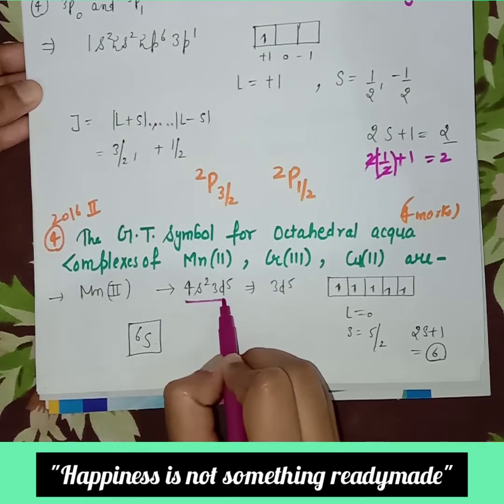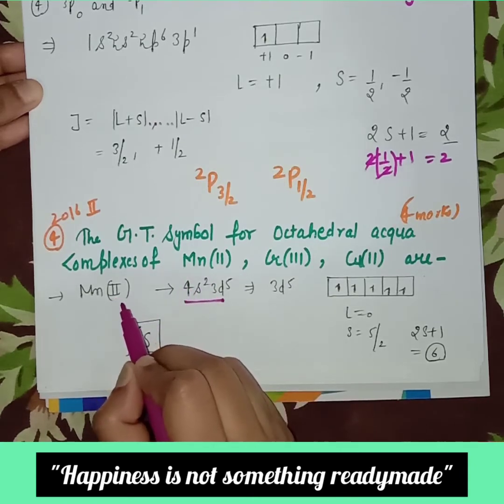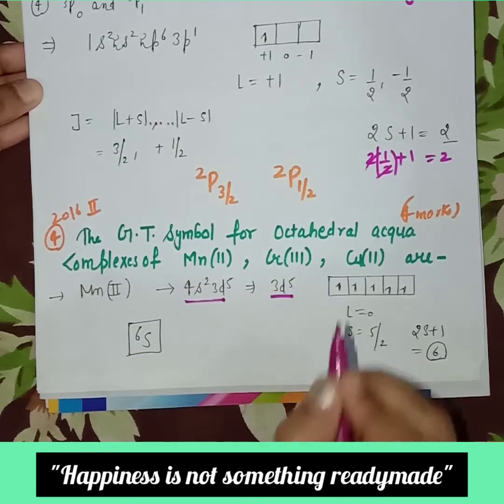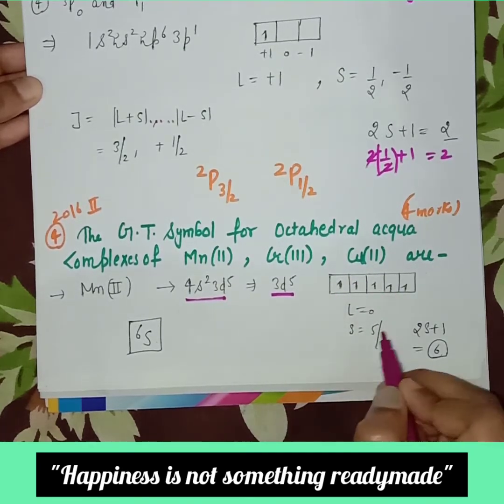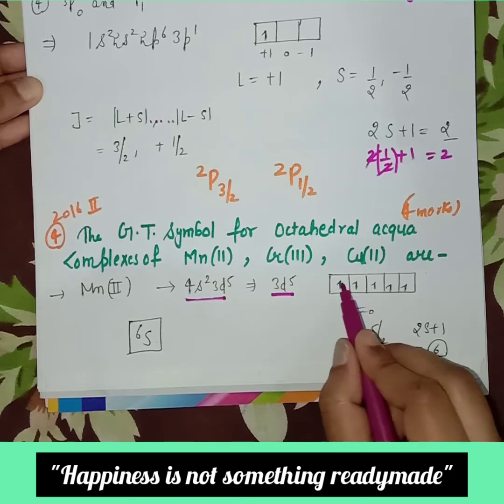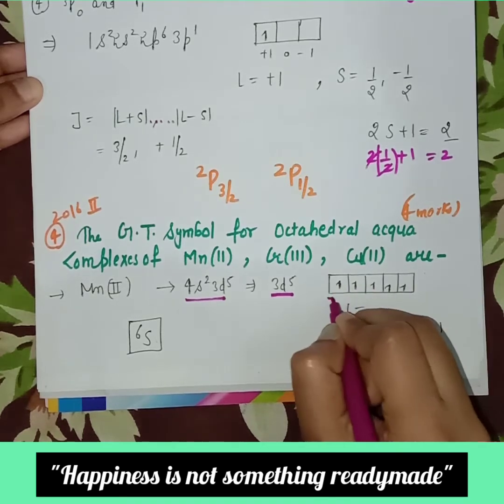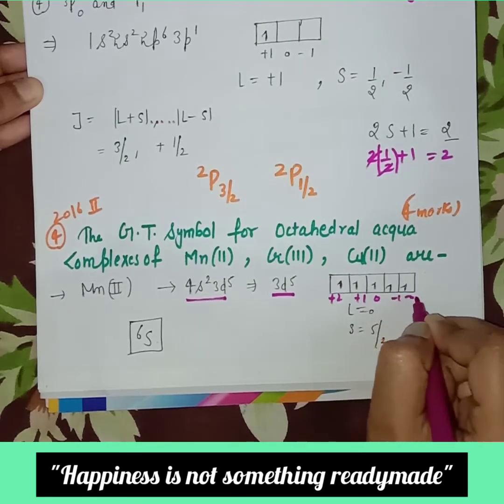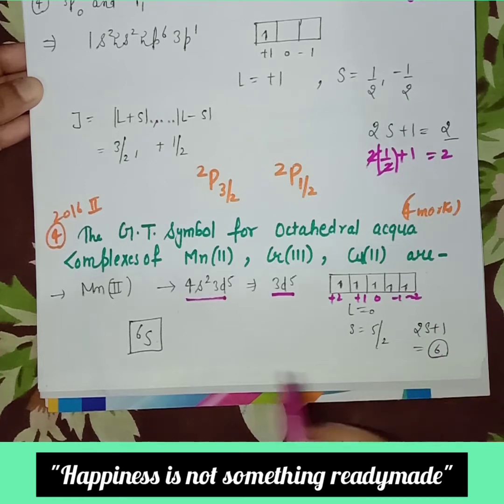configuration is this one. After removing 2 electrons as it has 2 plus oxidation state, it becomes 3d5. Then to draw 3d5, here 1 electron in each orbital. Then value of S is equal to 5 by 2 after adding 1 by 2 five times, and L is equal to 0. After solving this, L is equal to 0. Then spin multiplicity becomes 6. So we have here ground state is equal to 6, and for L 0 its orbital is S.